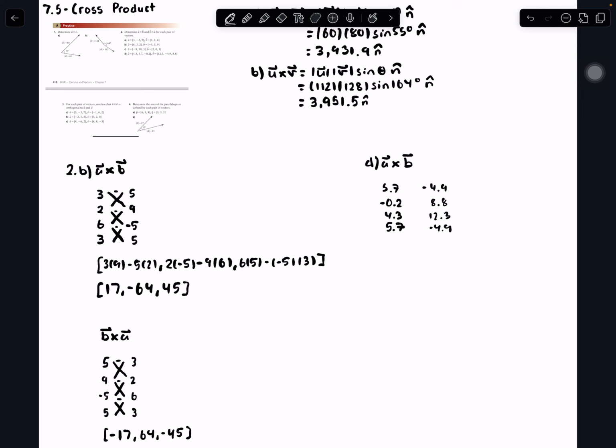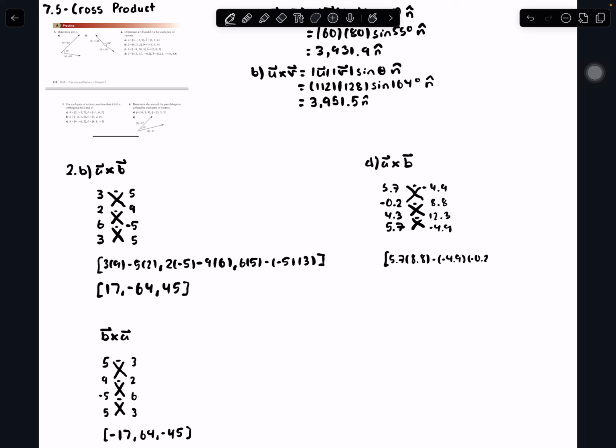Okay, carrying out the same calculation. Cross, cross, cross, cross, cross. Oh, let me do that a bit better. You can see more clearly. Cross, cross, cross, cross, cross, cross. Minus symbols to make sure I know I'm subtracting. It's a little detail. Okay, so same deal. Guess I'll do one more example, maybe 5.7, 8.8, minus negative 4.9,